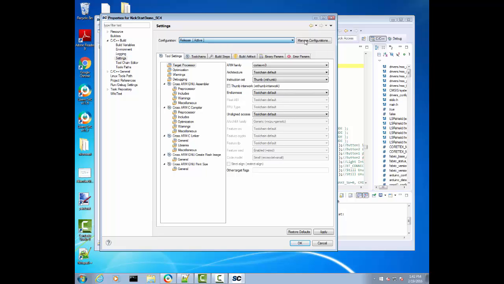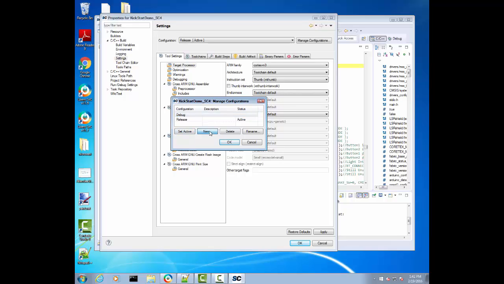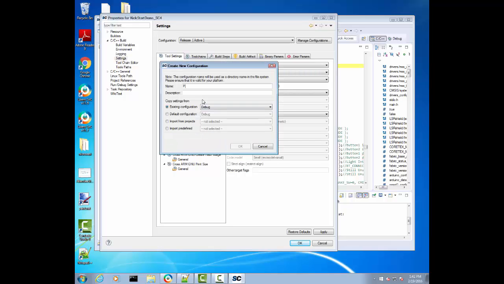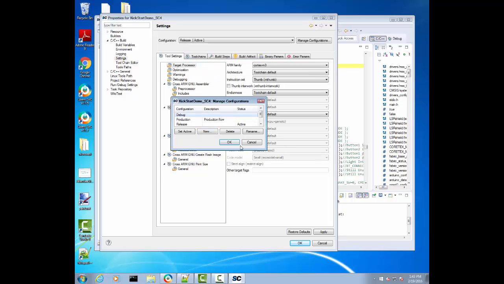I could create a new one. So I can click manage configurations and create a new configuration. I'll call this production, and I'm going to base it on the release configuration. I can even put in the description, this is my production flow. So I'm creating a new configuration called production, based on the release build configuration,